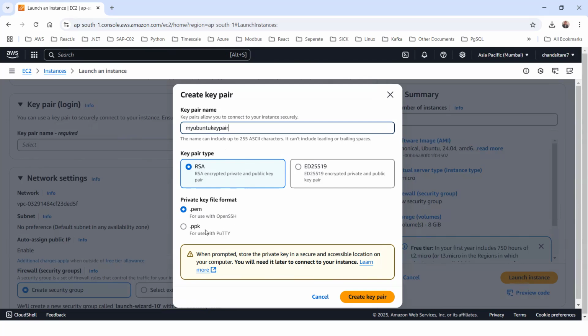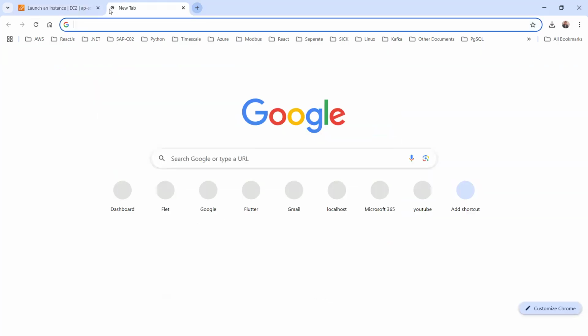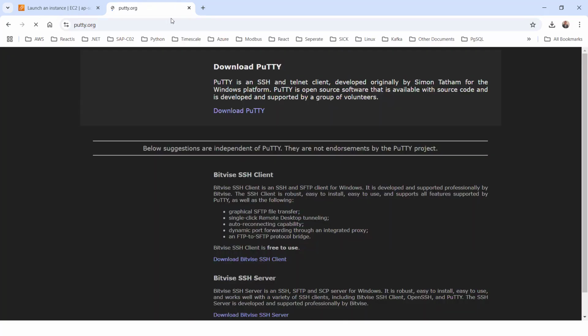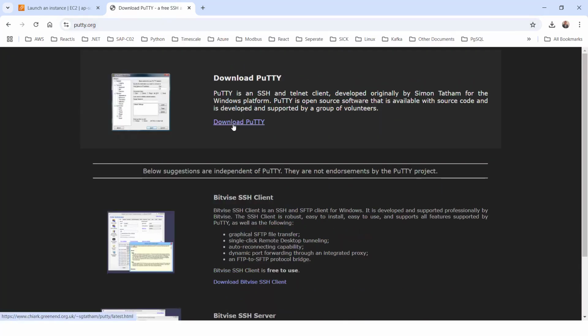So let us understand this. This is a PPK file. Okay, that is specifically used with PuTTY. PuTTY is a utility that is used as an SSH client to connect to this Ubuntu machine. So PuTTY we can download from the putty.org website. Here we can download the PuTTY. Okay, and